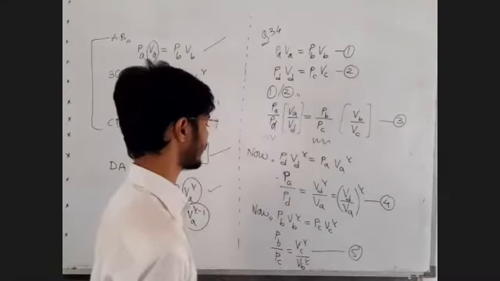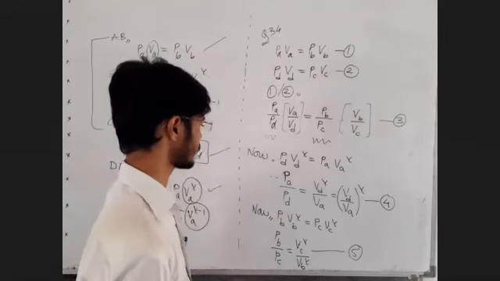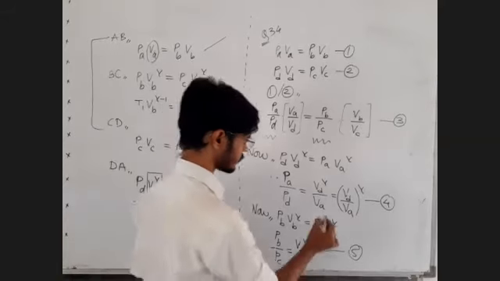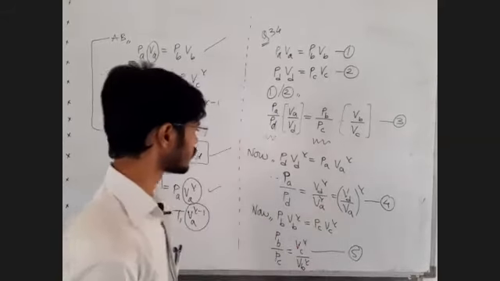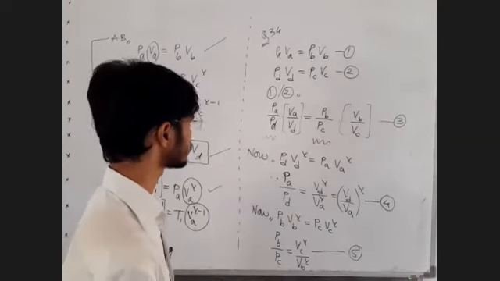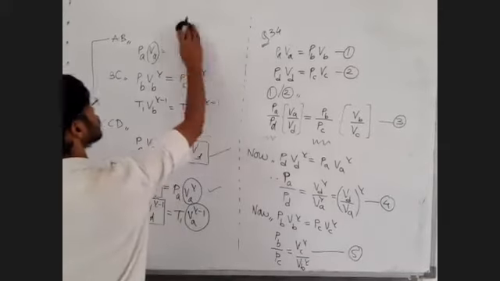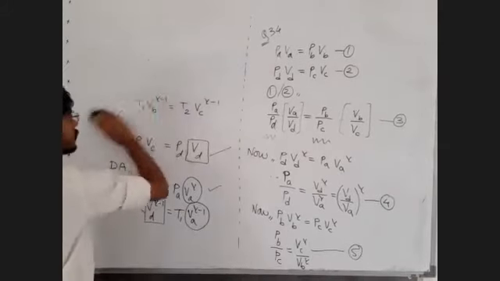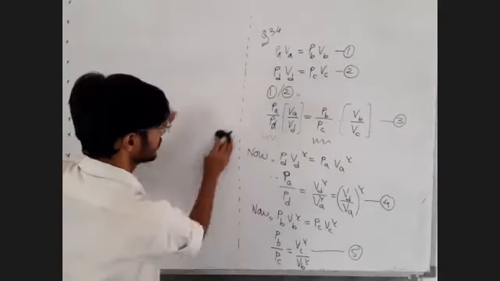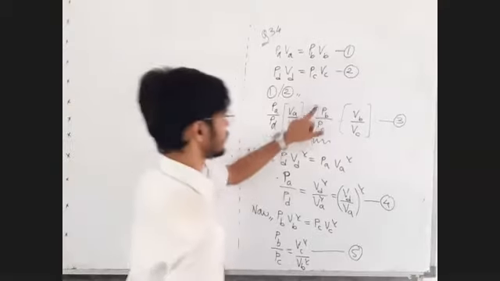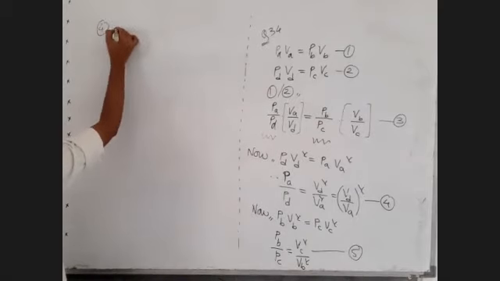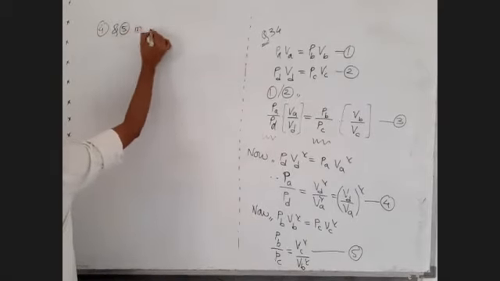Now let us try to get rid of this. All right, what can be done? I made a mistake. So what I can do is this. This equation I already know. Now let us substitute that PA upon PD and PB upon PC. So equation 4 and 5 in equation 3. Let's see what happens.